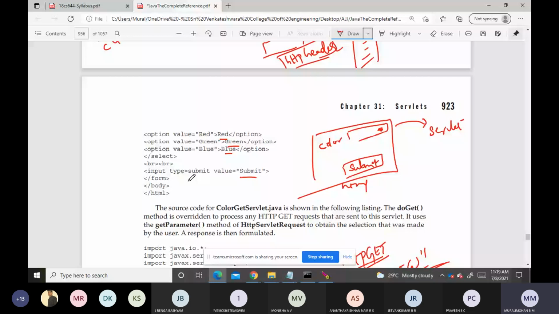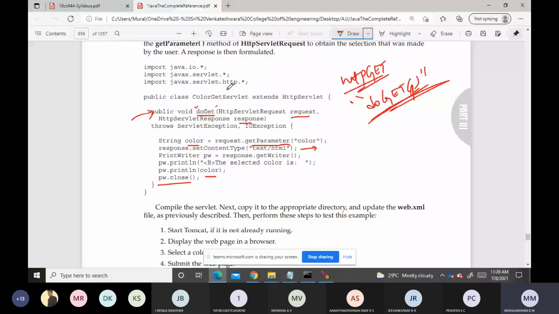Then the servlet file. The servlet API consists of javax.servlet as well as javax.servlet.http. The name of the servlet is ColorGetServlet, which extends HttpServlet. Inside HttpServlet we have the doGet method, so we are overriding that.